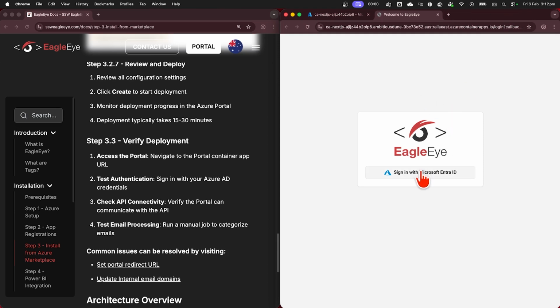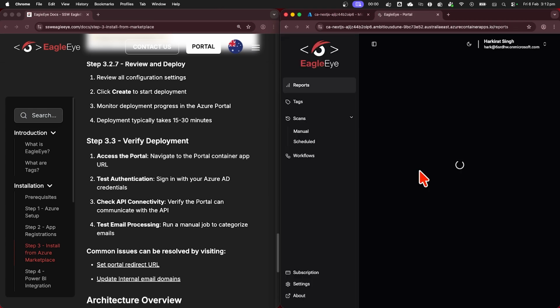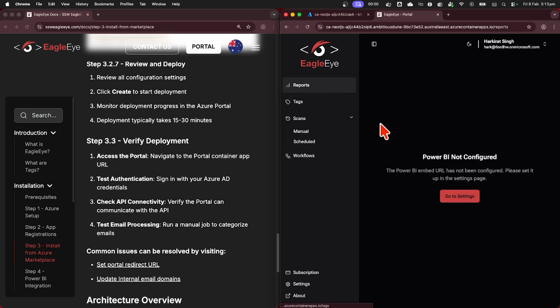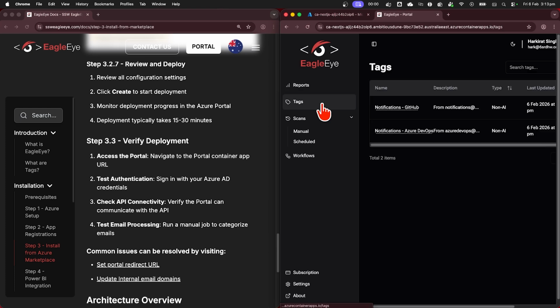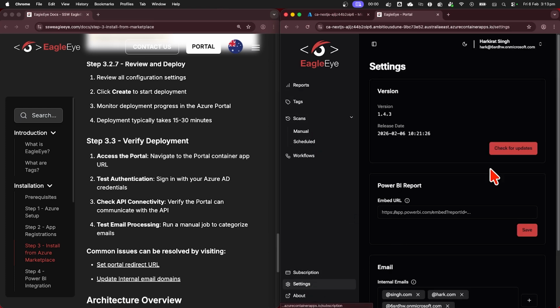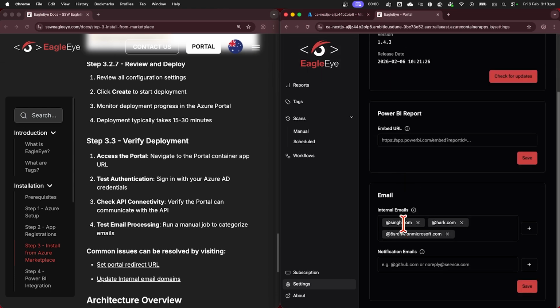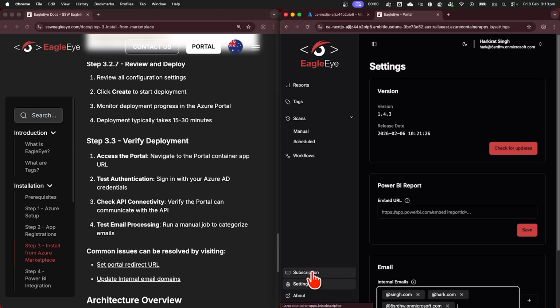I'm gonna sign in with Microsoft Entra ID, and fingers crossed, hopefully everything worked well. Yeah, everything worked well, and now I can successfully log into my newly deployed EagleEye instance. You will see, of course, Power BI is not configured, which is the next step, but we can scroll through a bunch of different pages. There are already 2 default tags, and in the settings you will see all the internal email domains in our tenant are already added into our database, and everything's working